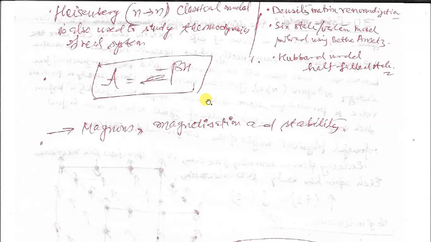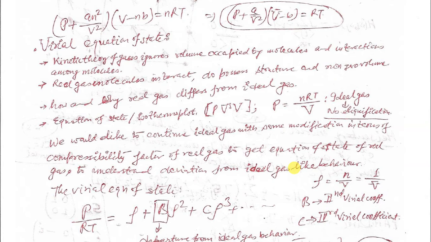We can see the origin of magnetization quantum mechanically. We can see how the spins in alignment lead to stability. When J is positive, you have parallel alignment. When J is negative, you have anti-parallel alignment to give a stable structure of a magnetic system.